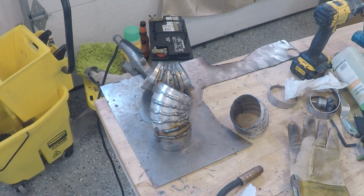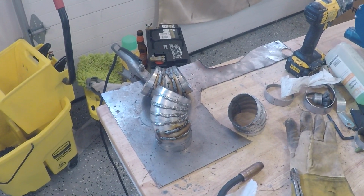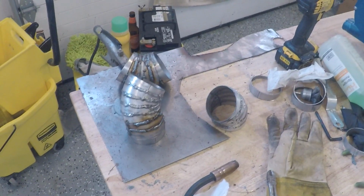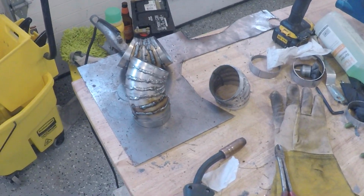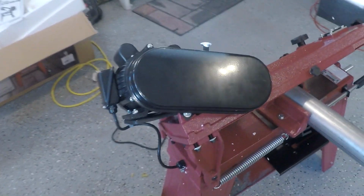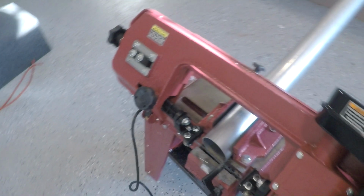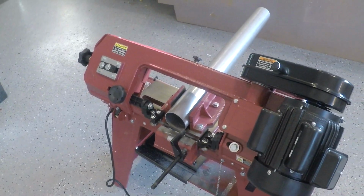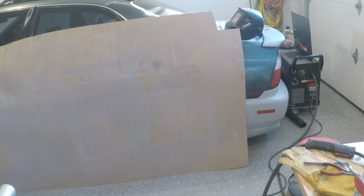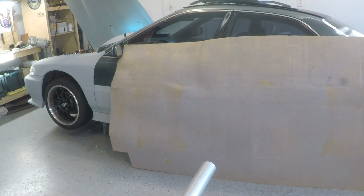Still have a lot of work to do on this downpipe, and I haven't even got pipes for the full exhaust yet, but I've been thinking I'm going to get some pipes instead of ordering that pre-bent kit, just because it's going to be cheaper. And now that I have this machine, I can cut pipe and do pretty much whatever I need to do. So I might get like a universal bend kit, and then just try to make something work for the exhaust on this car, and that way it'll be fully custom exhaust, fully built by me, and we'll get to see